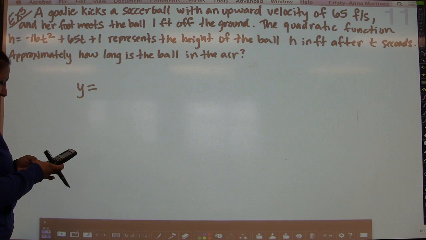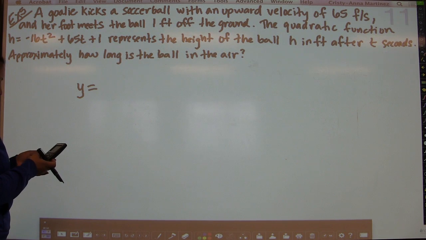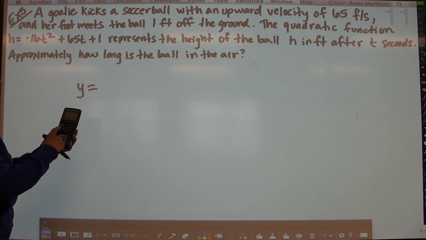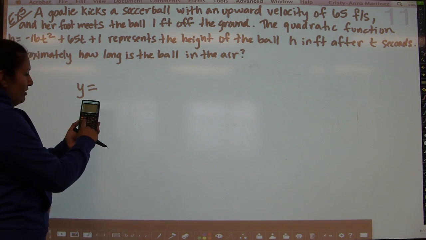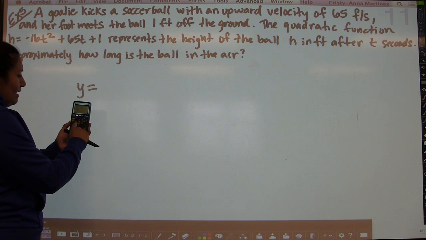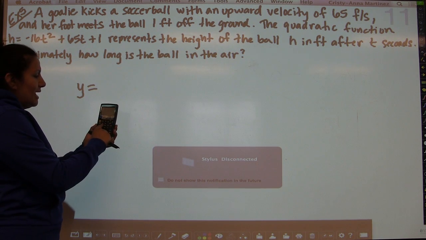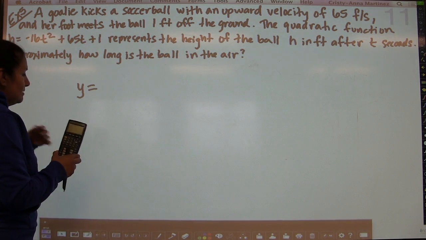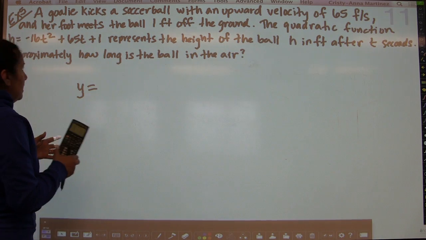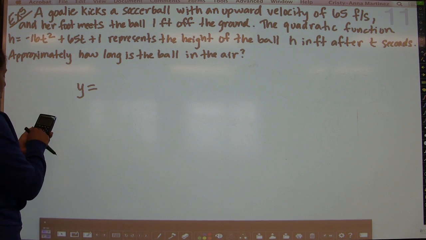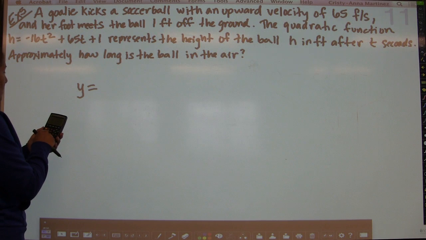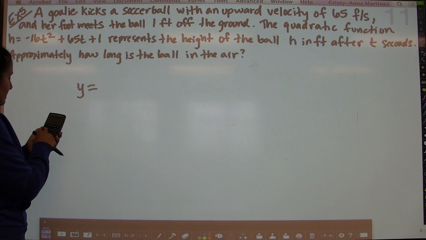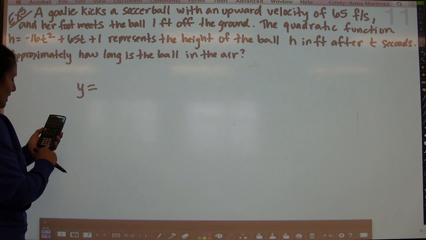So I'm going to put negative 16 and then x instead of t because the calculator only has the x as a variable. So the variable button is right here next to the alpha key. It says x, t, theta, n. It basically has all those letters because it means that this button can replace any variable that you have in your problem, including x, t, and n and theta. So go ahead and put negative 16, use that button for the variable button. So x squared, and then we're going to go plus 65x, and then plus 1, and then you hit enter,